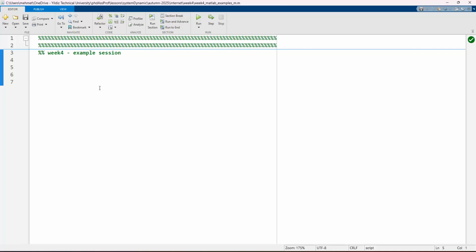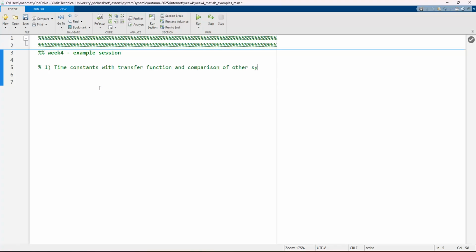Today we are going to solve some problems about the transfer function and its application in a Matlab script, especially for the first order and second order time response characteristics. Okay, so in the first example we need to solve the time constants with transfer function and comparison